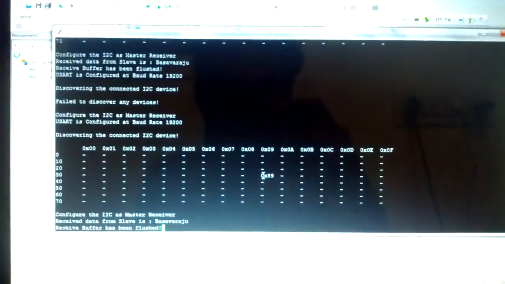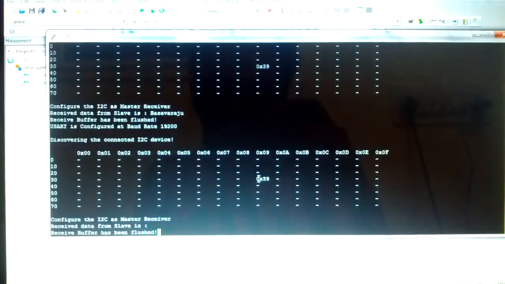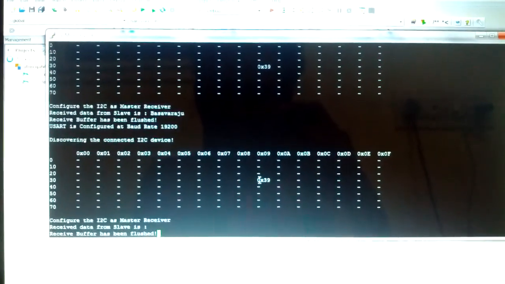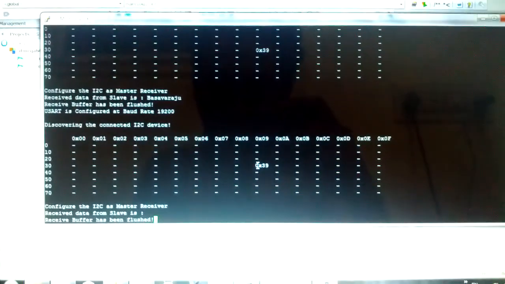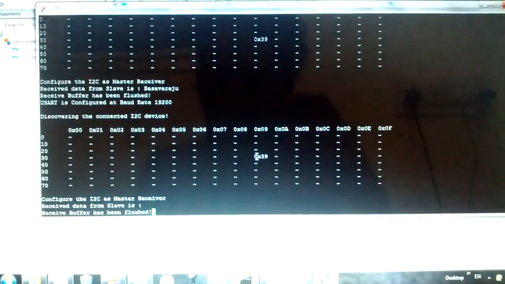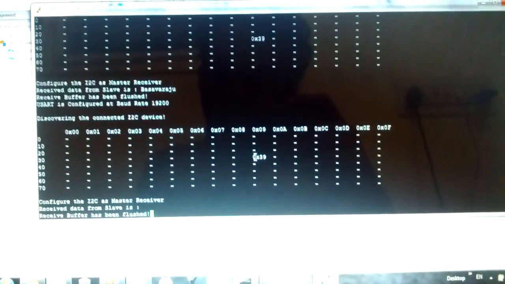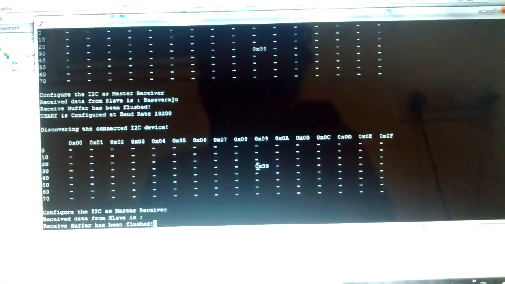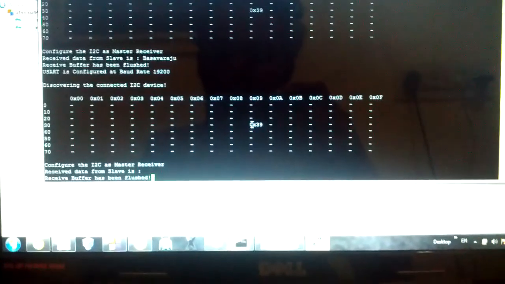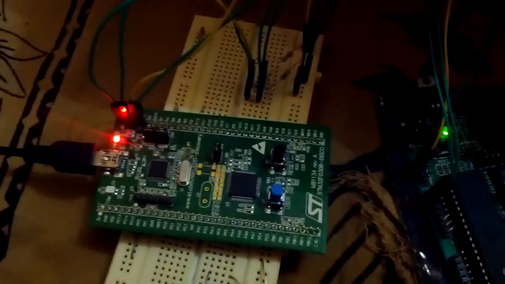I'll reset the master one more time. It has been reset. Now let's wait for the data reception. Yes, it discovered the device. Yeah, now the data is not received. The reason is the slave is not reset. Now I'll reset the slave first,